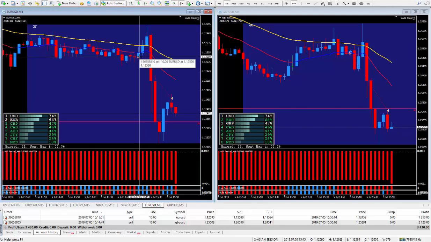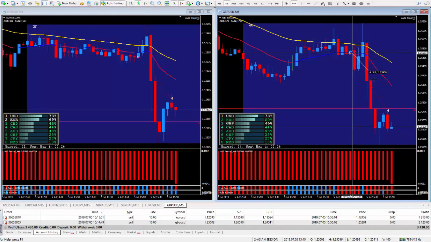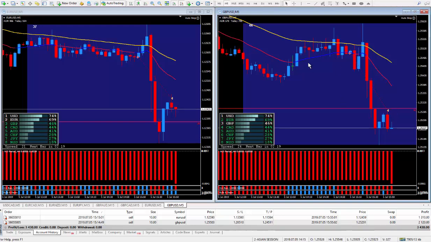So I took the trade at this cursor, pulling a grand total of 13 pips there on the euro dollar. Took the trade approximately the same time here on the pound dollar, closed the trade with 21 pips. And if you do the math, that works out to 34 pips. I closed the trade, could have got a couple more pips here. And that was for 34.30, as you can see down here at the bottom. So for roughly 40 minutes work or thereabouts, my day is done. 9 o'clock, my day is done.